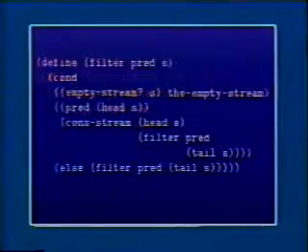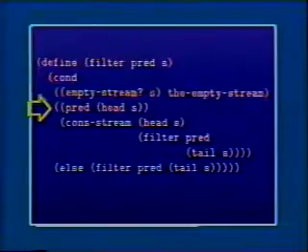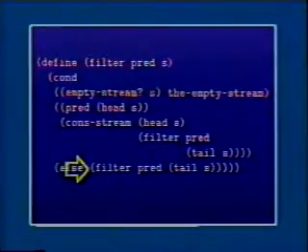Here's another useful thing, filter. This is our filter box. We're going to have a predicate and a stream. We're going to make a new stream that consists of all the elements of the original one that satisfy the predicate. It's case analysis. If there's nothing in the stream, we return the empty stream. We test the predicate on the head of the stream, and if it's true, we add the head of the stream onto the result of filtering the tail of the stream. And otherwise, if that predicate was false, we just filter the tail of the stream. Right, so there's filter.